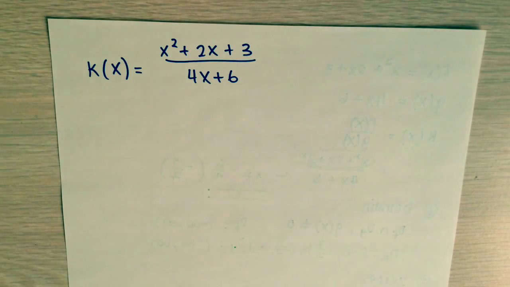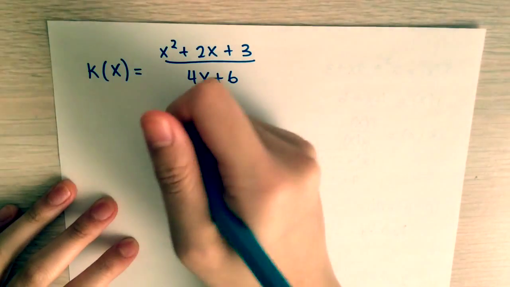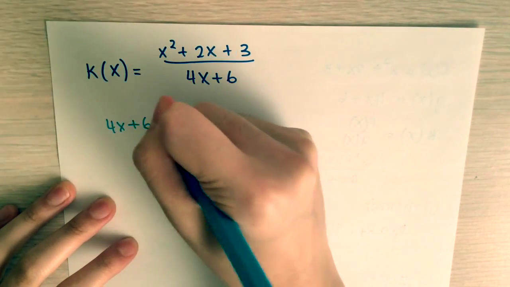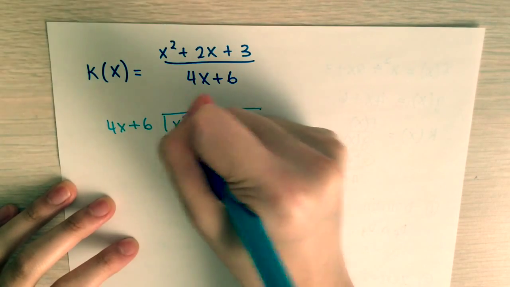Okay, what is even going on anymore? So we're going to divide the numerator by the denominator. So 4x plus 6, 8. You're just going to